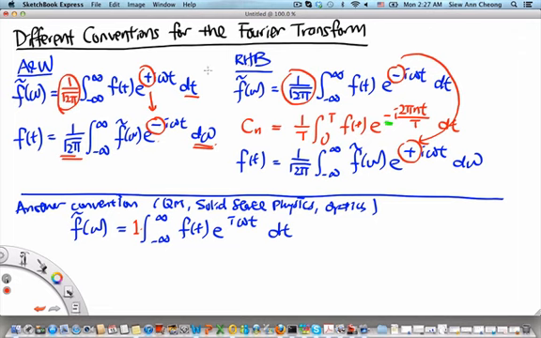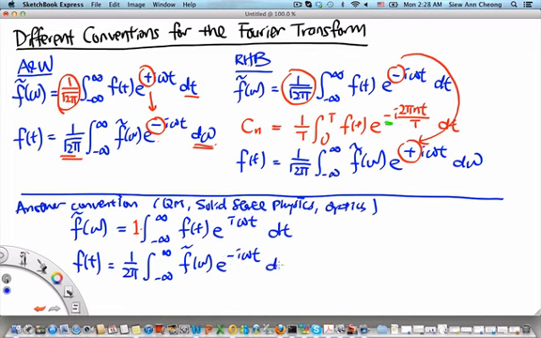And in the conventions used by Arfken and Weber, as well as Riley, Hobson, and Bence, the normalization constant is symmetric with respect to Fourier transform and inverse Fourier transform. In this case, it is asymmetric. The Fourier transform has a normalization constant of 1, but the inverse Fourier transform, f of t, equals 1 over 2 pi,